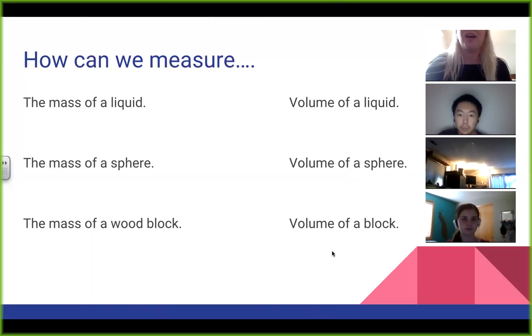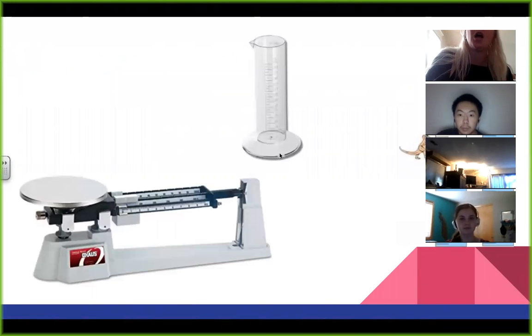But what if we have an irregularly shaped object? What if I want to find the volume of a clip that holds papers? Right? I can't really easily do math on this. I mean, there are some square shapes here, but I don't know how I would find the volume of these rings. So finding the volume of irregular objects is where we get a little confused maybe, but there's an easy way to do it. So we'll come back to that in a second.